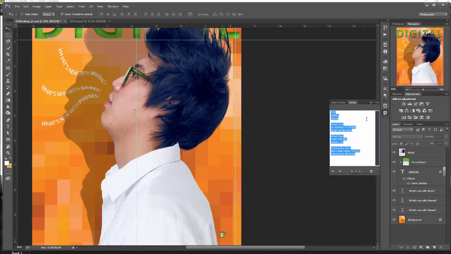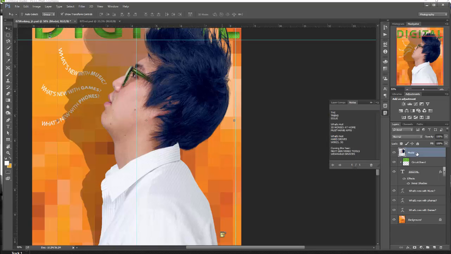All we need to do is pick up the Move tool and double click on your sticky note, and you're going to get your sticky note popped up here, and my text came up selected. If you can't see all of your text, just go ahead and pull down on the panel so that you can get all of it. You're going to copy all of this. So select everything, do a Control-C to copy your text,